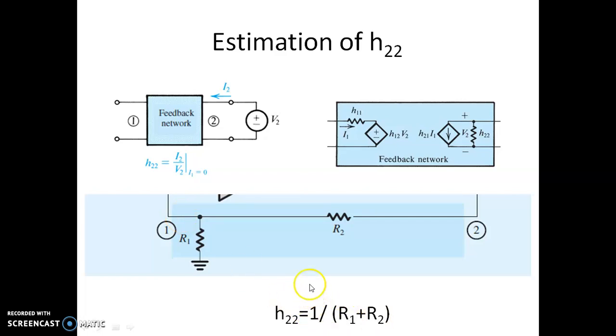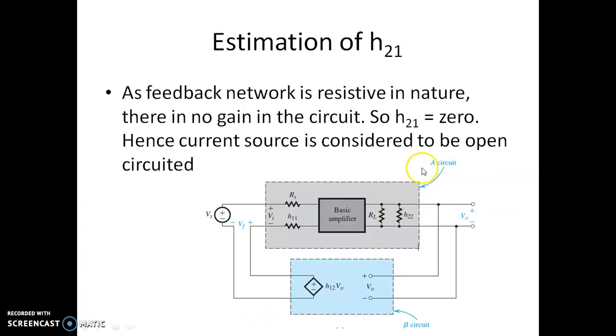So this way we can find out what is H11, H12 and H22. But the parameter H21, H21 is actually considered as 0 because H21 is a ratio of the currents, because